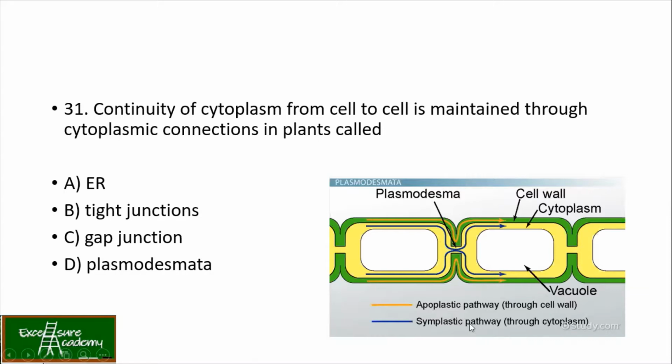The plasmodesmata are actually the cytoplasmic bridges between adjacent plant cells, and they develop minute pores in their walls. They form a protoplasmic continuum called symplast. This is what I was explaining. It provides channels for controlled passage of small size particles between adjacent cells as well as transfer of some specific signals. So via the symplastic pathway, all these small molecules are transferred from one cell to the other in the case of plants. So here the answer is plasmodesmata.